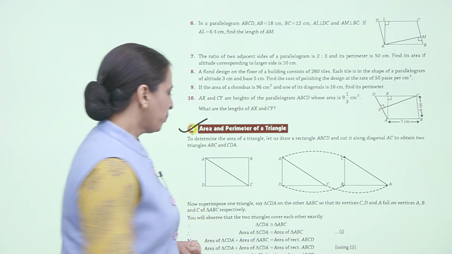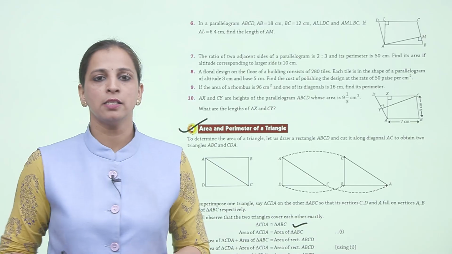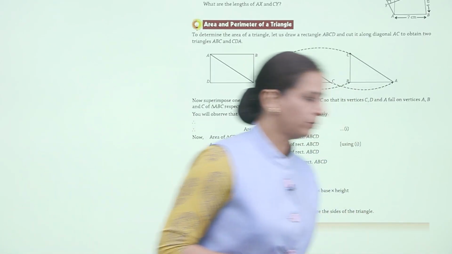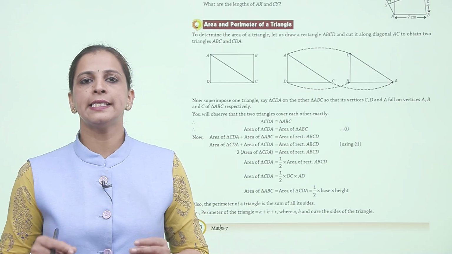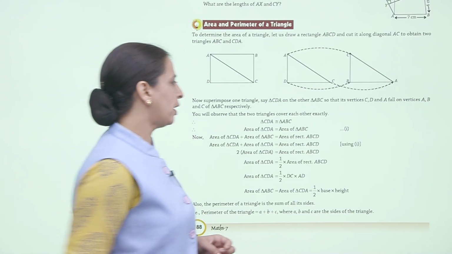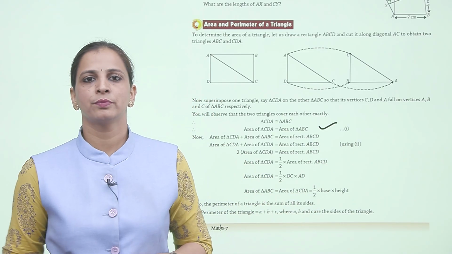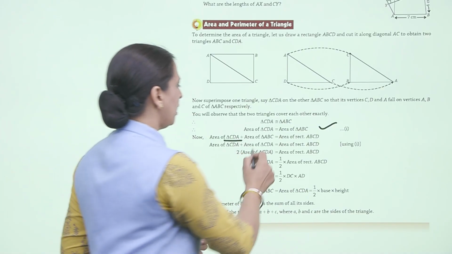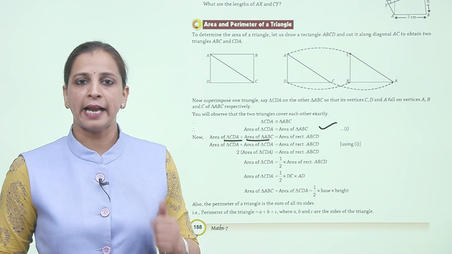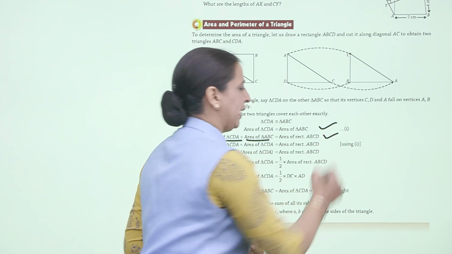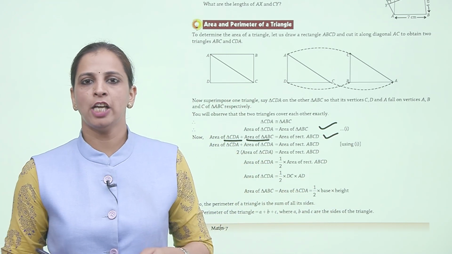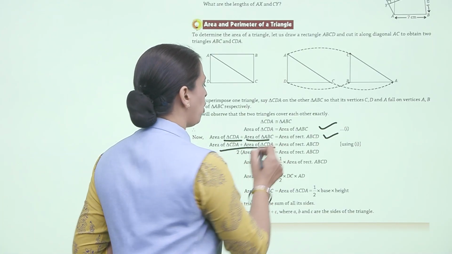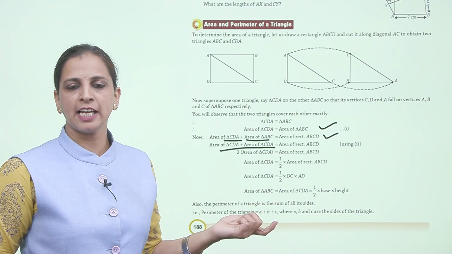So triangle CDA is congruent to triangle ABC. So area of triangle CDA is also equals to area of triangle ABC. Now area of triangle CDA plus area of triangle ABC, that is the area of rectangle ABCD. And area of rectangle क्या होता है? Length into breadth. Area of triangle CDA plus area of triangle ABC, दोनों के ABC की जगह हम CDA लिख